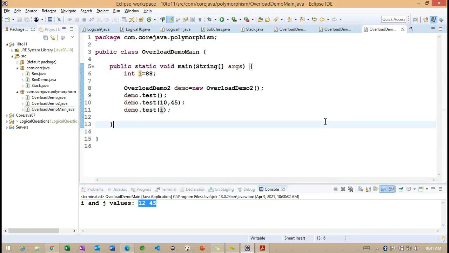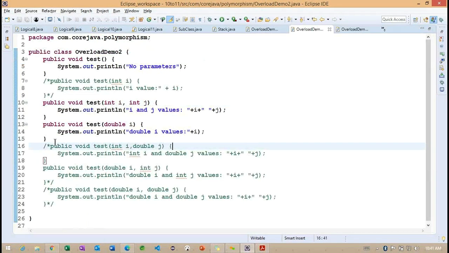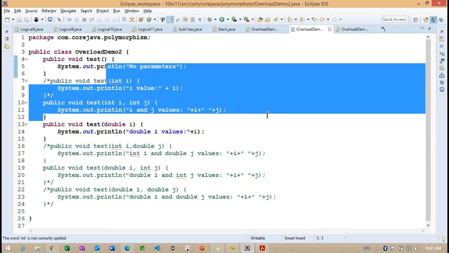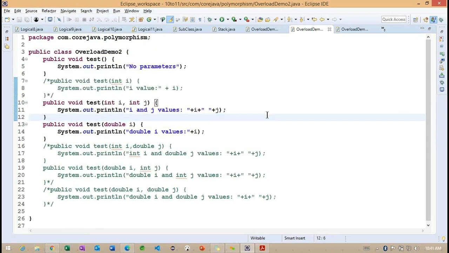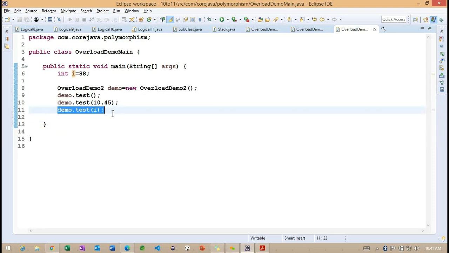Now you can see, carefully observe, how many methods do we have? Three. The first one is the default one, the second one expects two parameters of the same type, int, and the third method expects double. But what data type does this i value contain? Integer. But we don't have a test method expecting an int parameter.